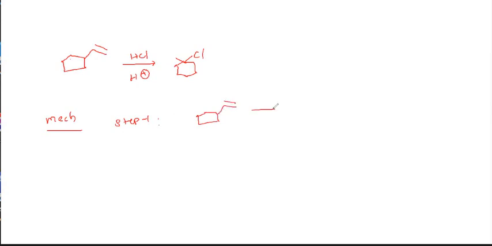Here is the ring expansion case: cyclopentane with an adjacent double bond, in HCl in the presence of H plus. Here this is the final product, right? I will write down the mechanism. Generally by the Markovnikov rule, it is a two-step reaction. Step 1, formation of the intermediate. This is a double bond. Here H plus. This pi bond always moves towards the terminal side, because that forms the most stable carbocation. This one gets the negative charge, this one gets the positive charge. This is the negative attacking the positive, right?